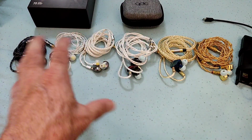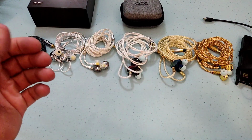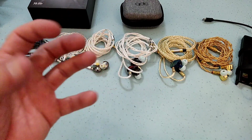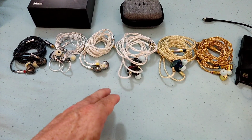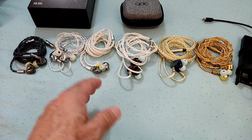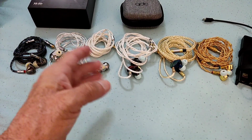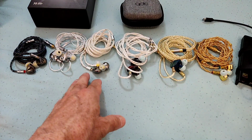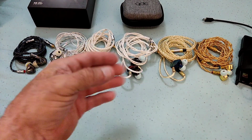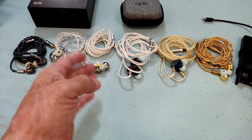But it's the balance ultimately between the bass and then the mids and the highs, which then gives you the final result in terms of, is it nice to listen to, isn't it nice to listen to. And the reality is this, the Blonde, and I'm starting with the Blonde so that I can set the stage better for the rest. The Blonde was a game changer, period, in the story. It was a game changer because it offered a performance that was not expected at that price point, and it beat way more expensive IEMs, and still today, even now when I was preparing this review, the moment I put on the Blonde,